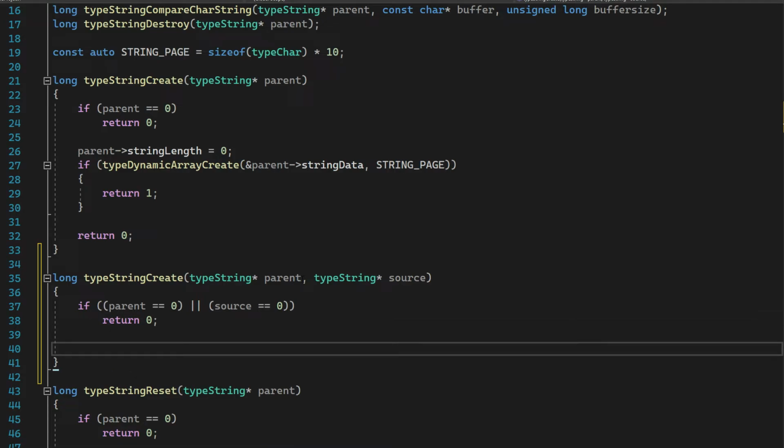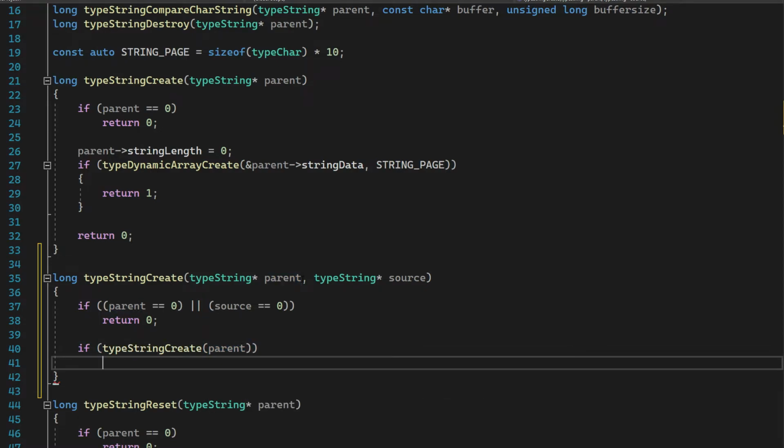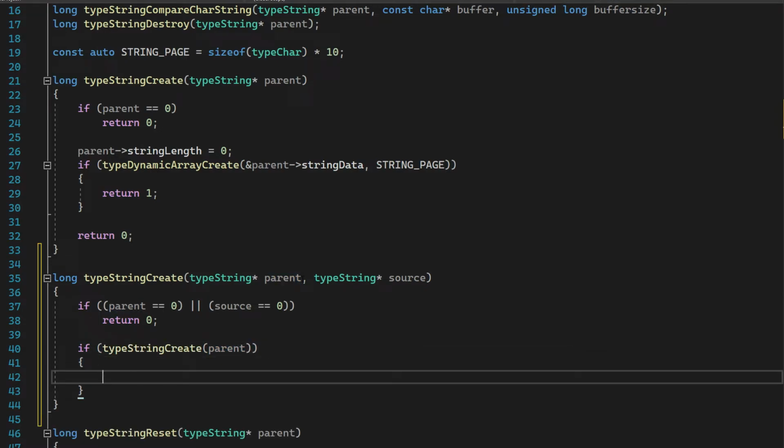If parent equals 0, if source equals 0, now we need to create the string. If type string create, is it source? Type string create parent. Okay, we have to create a new string, and then